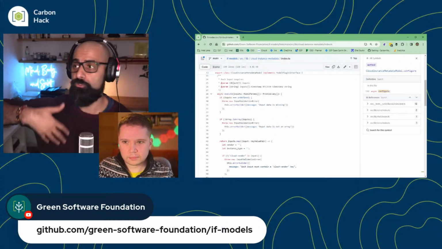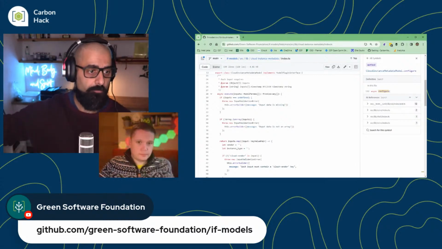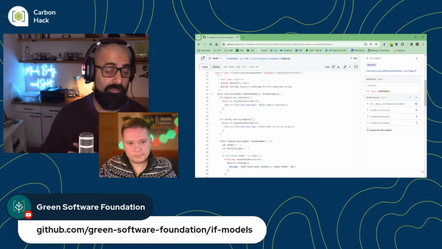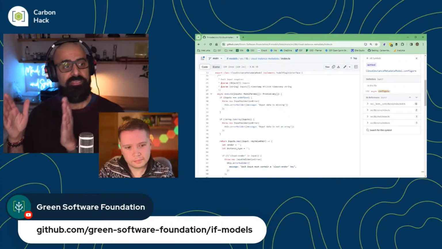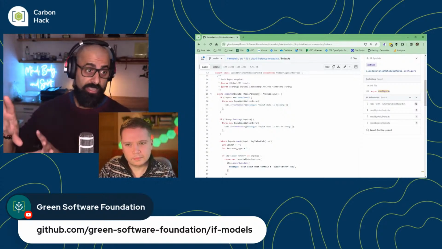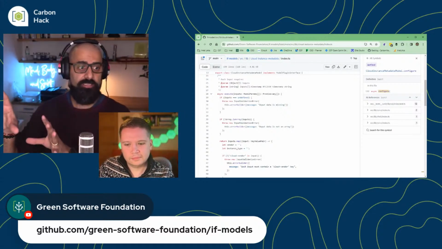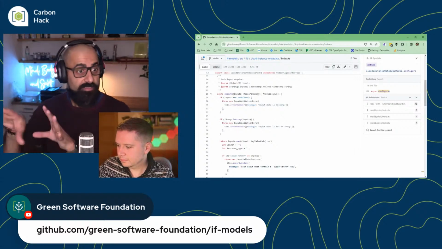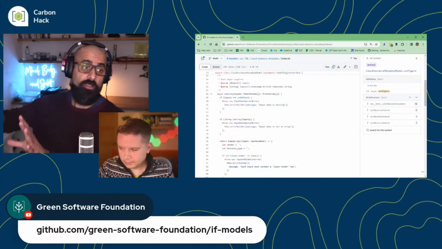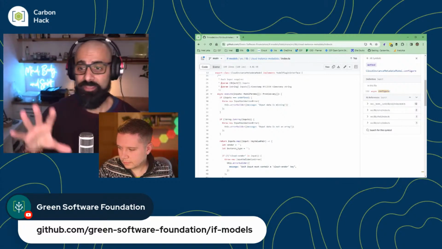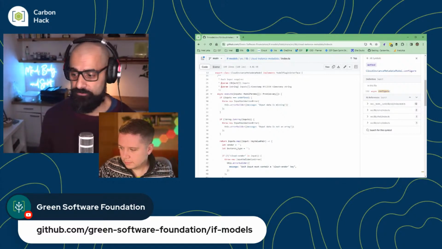We built interfaces to Cloud Carbon Footprint. We built interfaces to Vista. We built interfaces to other models. And we put those in a repo called unofficial models. That means we built it, we put it out there, so leverage it, look at it, learn from it. But those aren't models that we will commit to supporting, because ultimately we hope that those other organizations will build and maintain those models themselves.